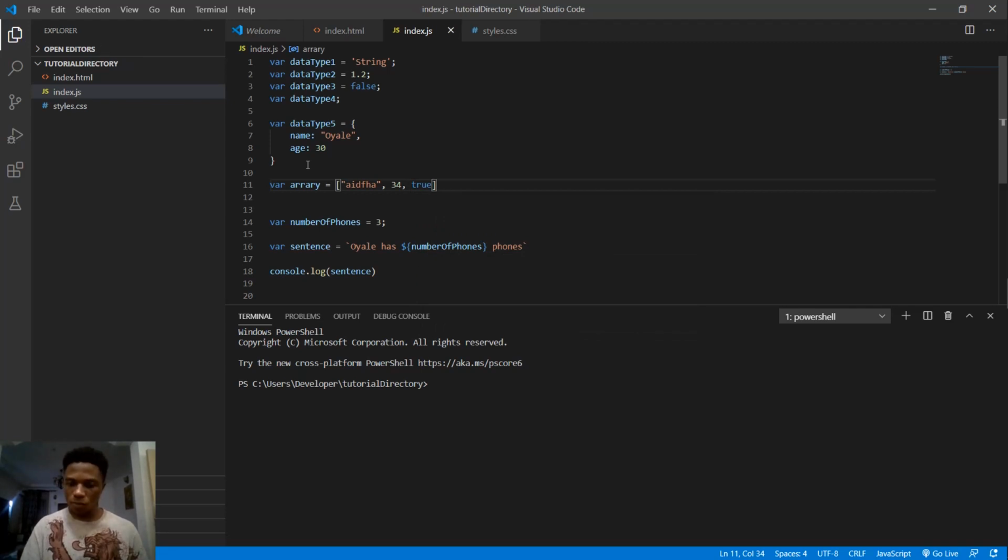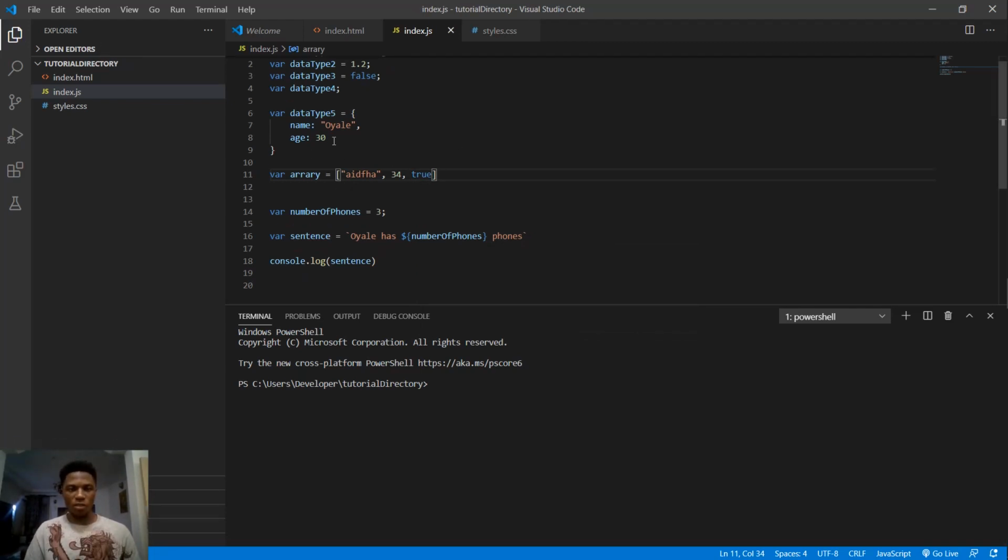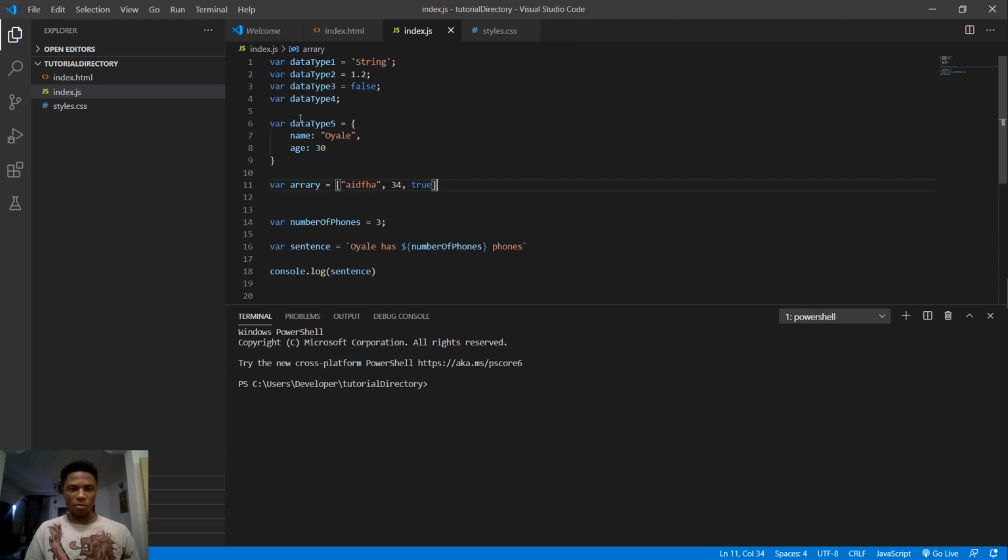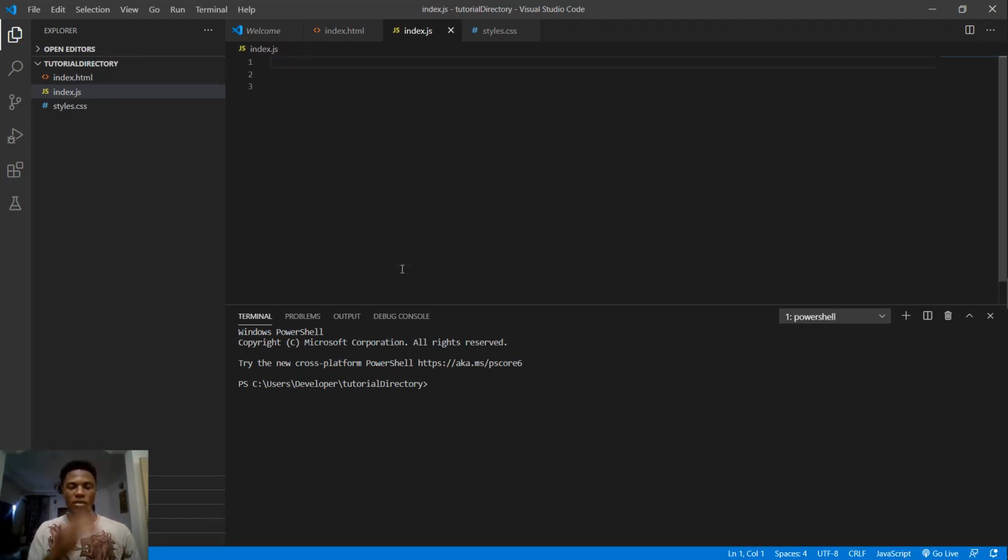Okay, so we've gone through that. We've seen the four primitive data types, we've seen objects, we've seen arrays. Now let's look at a few other things before we end this class on data types and variables. Let's look at something from strings before we jump to one last thing. Let's say you have a string, my string,